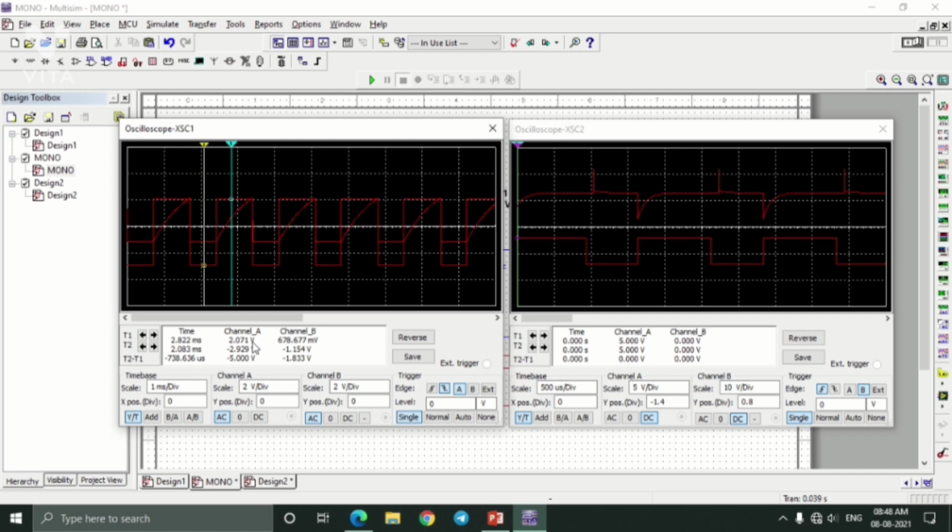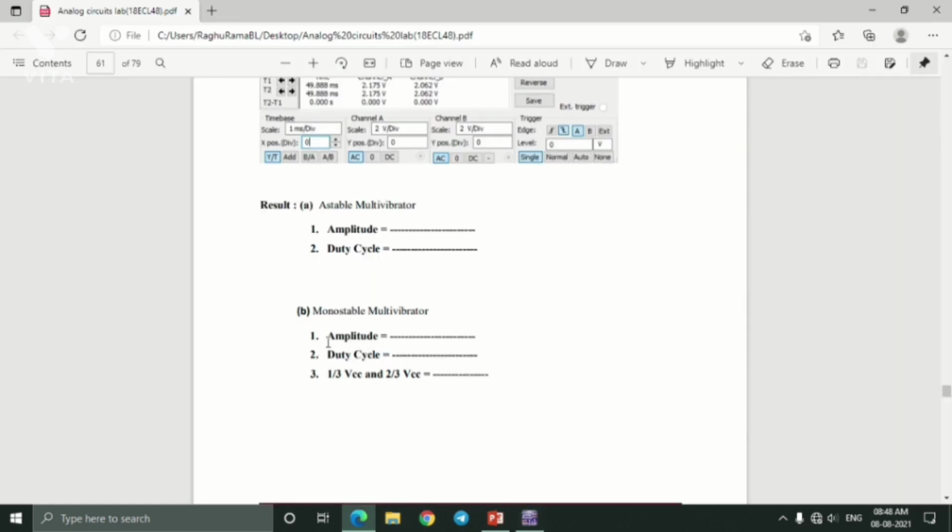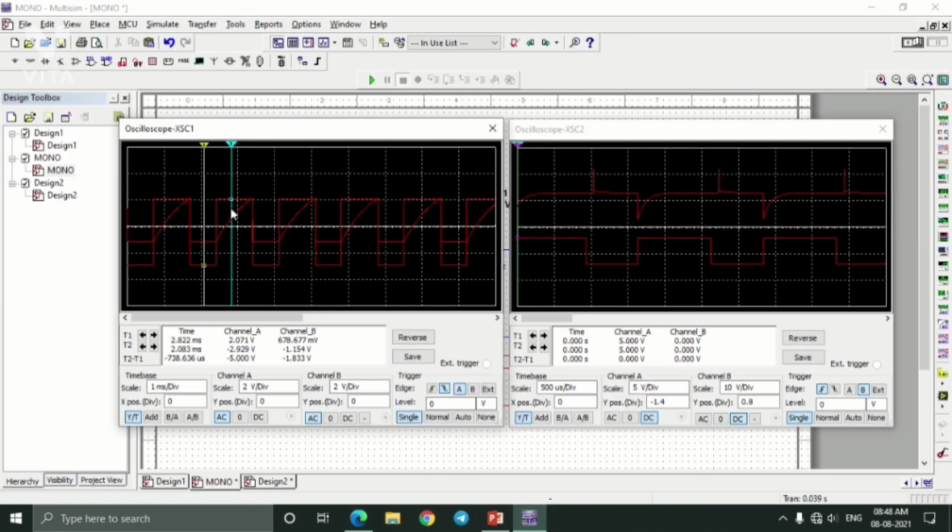After that, now we need to calculate the duty cycle. Duty cycle means T on by total time. T on means this much, from here to here, divided by total time, which is from here to here. To calculate the T on, just take the value over here and place it at the last end of this falling edge of the output of the 555 timer.